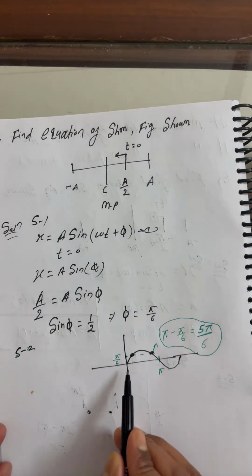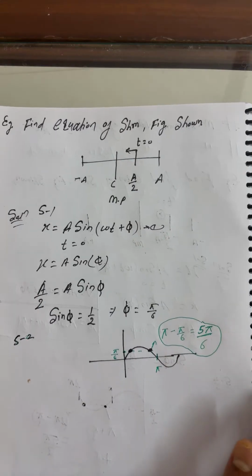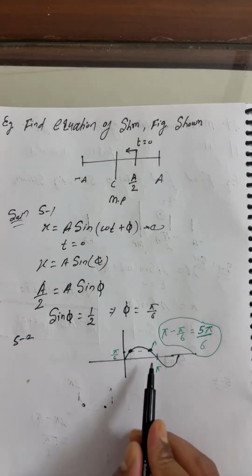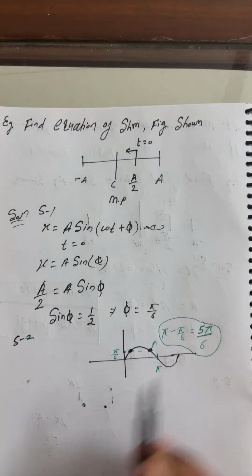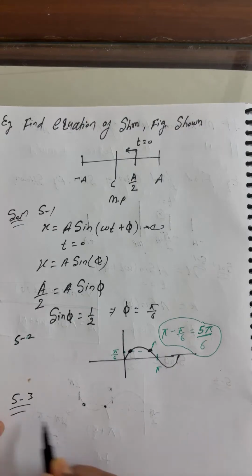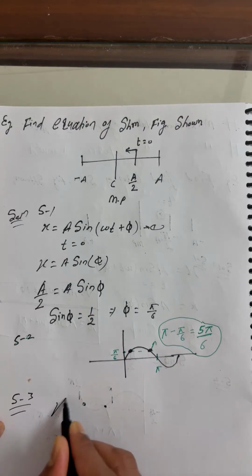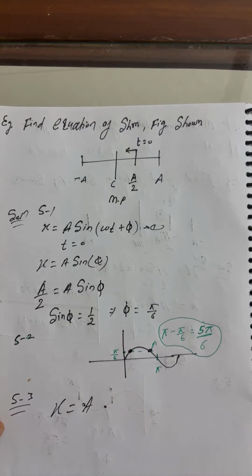So we have two values, pi by 6 and 5 pi by 6. Then you have to think in which quadrant cos will be negative. In the first quadrant all are positive, so cos will be negative at 5 pi by 6. So students, you have to write here in step 3, x equals